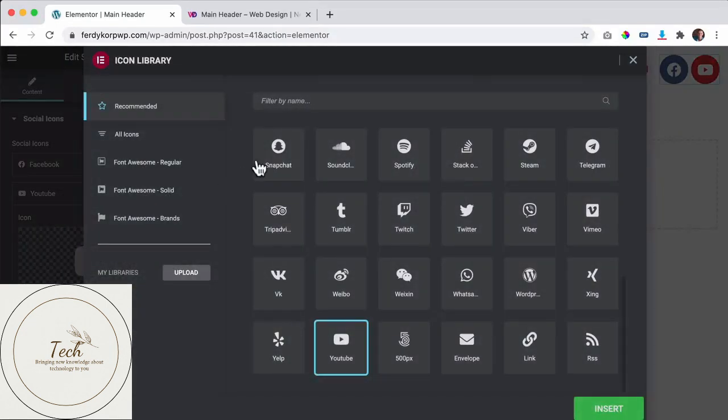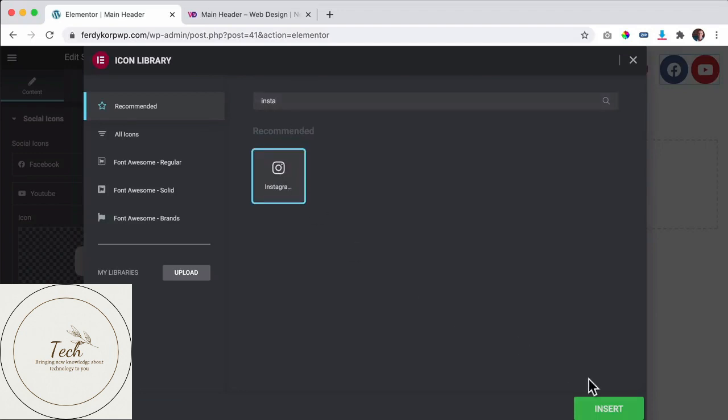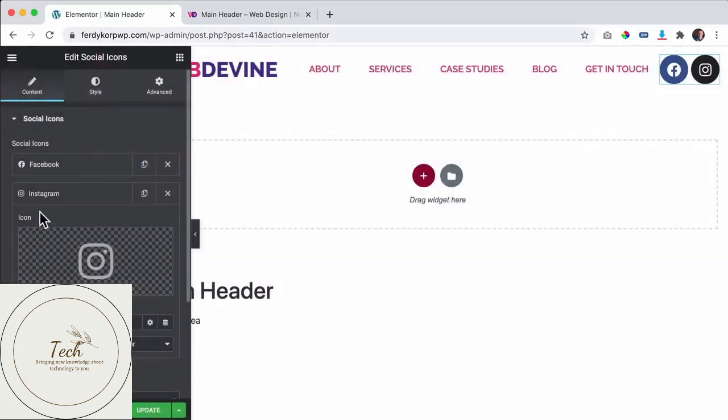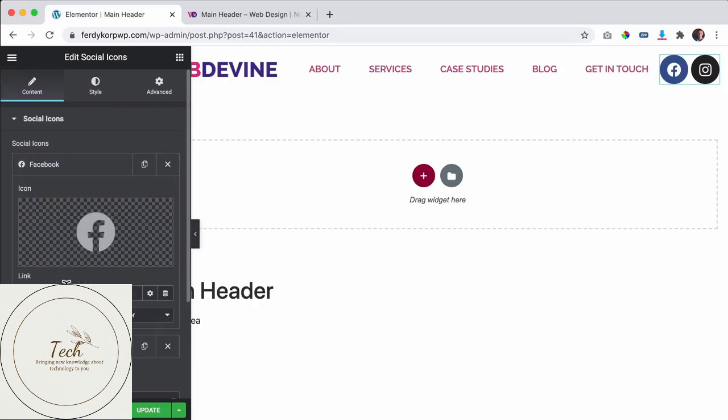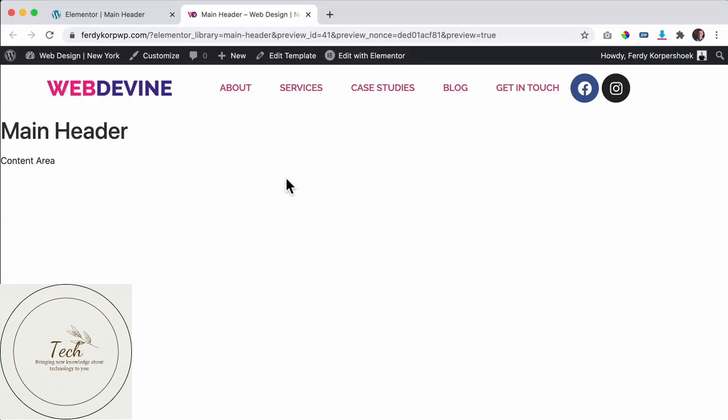So I go to the icon library and I search for Instagram. And immediately also the text changes over here. So I can have a link, https instagram.com/Ferdy or web design or whatever, and also here at Facebook. And then we update it. And if I want to take a look, it looks like